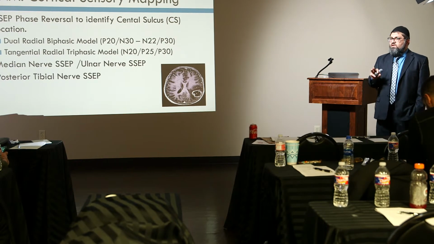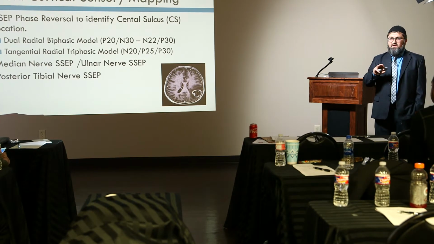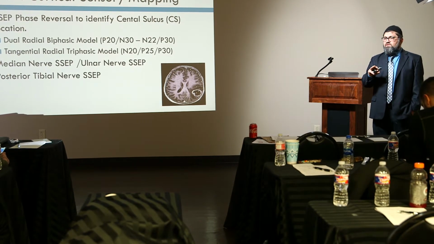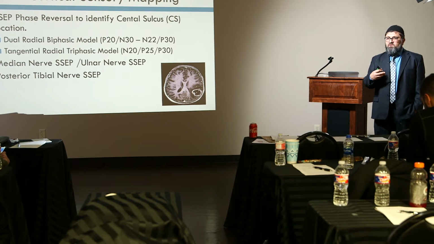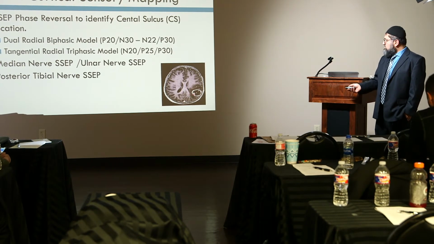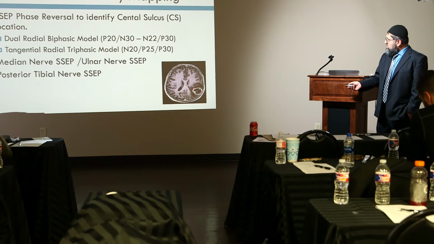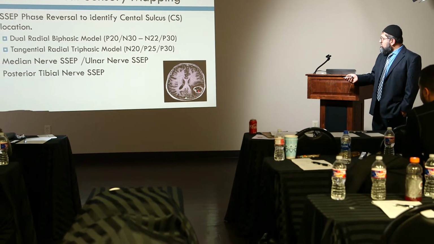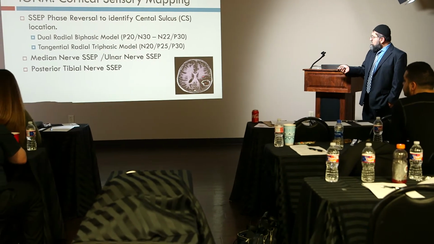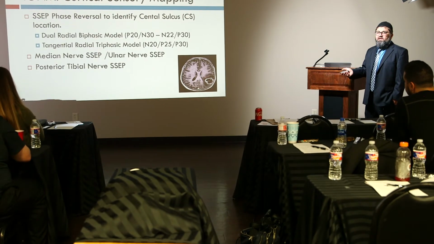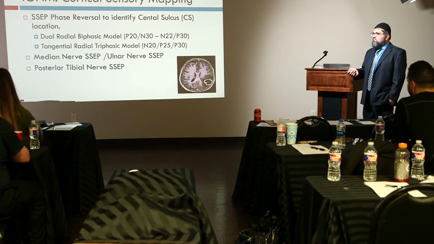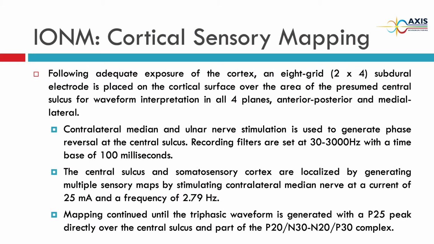So the anatomical area can be the same or different, but the functional area can be different. The tumor can push it, and without functional testing, we don't know whether the tumor is pushing the motor area anterior, posterior, medial or lateral. That can only be determined by mapping of the brain. And then we have sensory mapping and motor mapping.